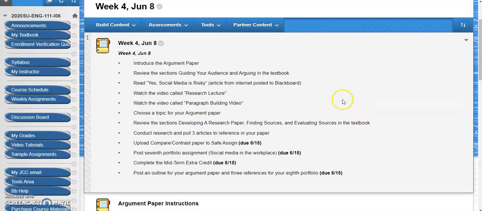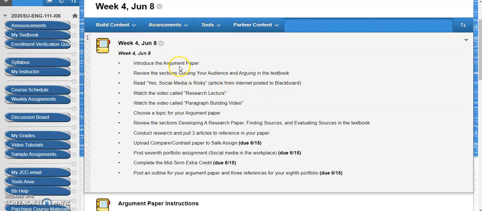And this week we get to introduce our third paper, which is the argument paper. I know it's been really busy the last few weeks where we've been writing. Well, we bought ourselves a little bit of time because you're going to have more time to write the argument paper. So you are welcome. This is one of the more involved papers, so you will have a little more time to work on it. So let's go ahead and talk about that.